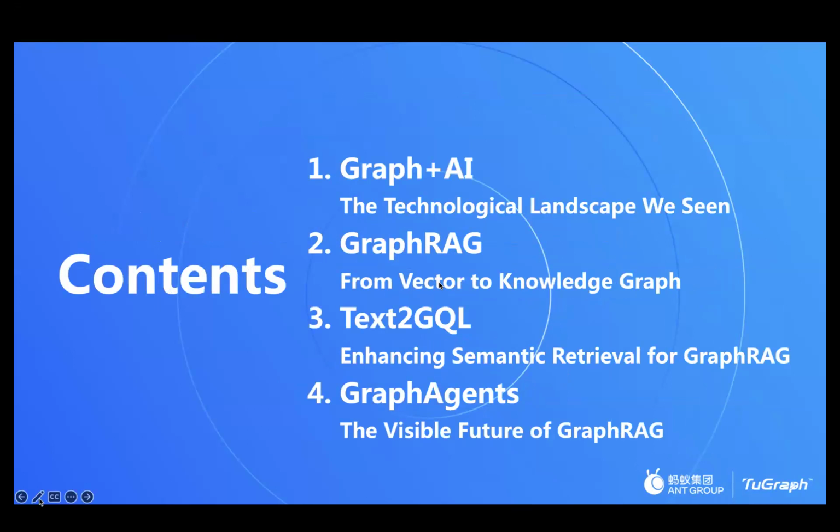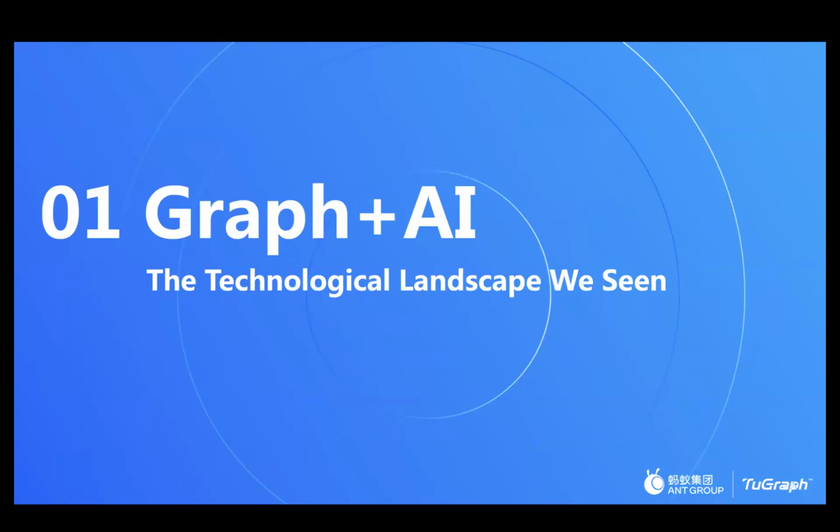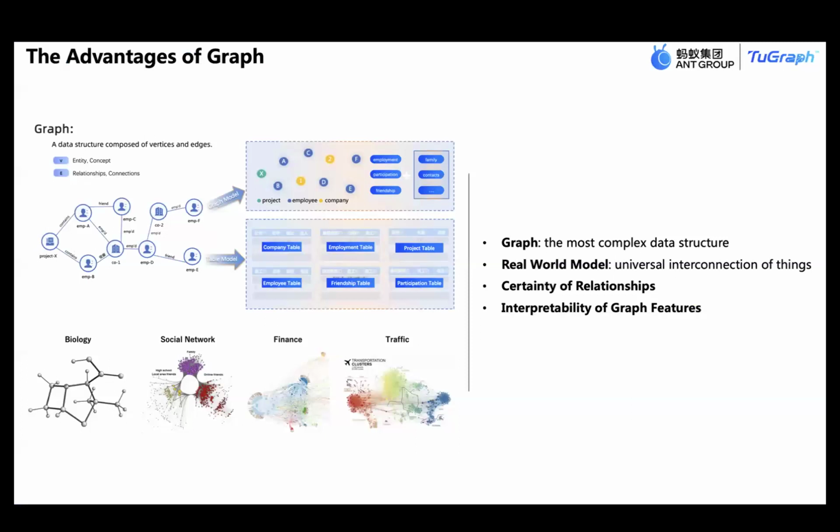My talk will be split into four parts. First, I want to begin with graph AI, the technological landscape within. I want to share the advantages of graph, I think, from several years of my working on graph computing in AntGroup. The first one is that graph is the most complex data structure in computer science, and it's suitable for modeling the real world, which means universal